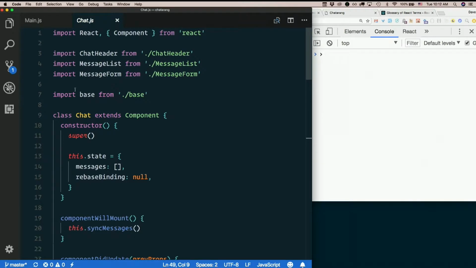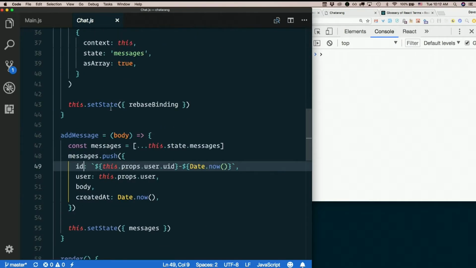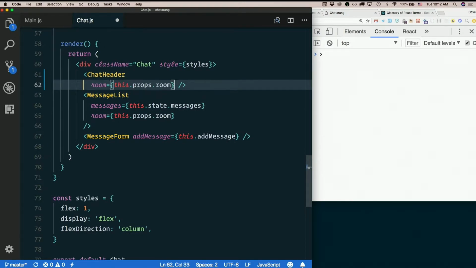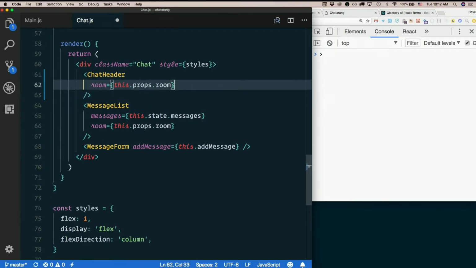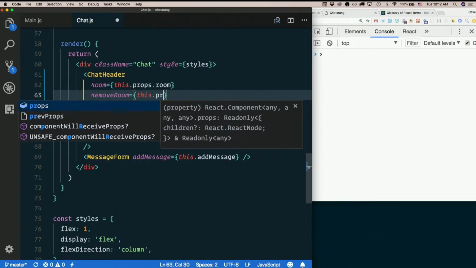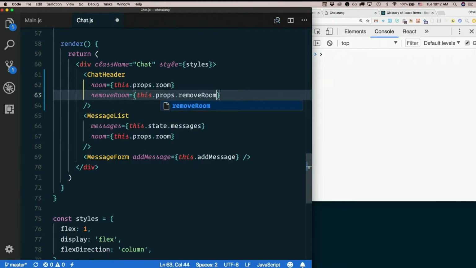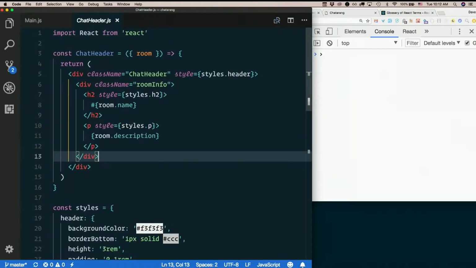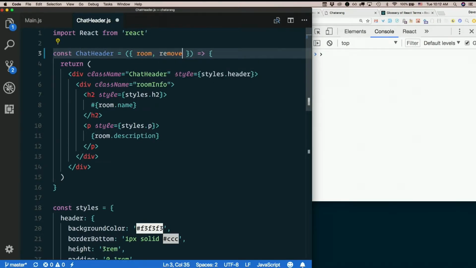So chat is a class. Where's chat header? Here it is. Right now, all it seems to receive is the room. So we want remove room to go in there. This dot props dot remove room. Here's chat header, which is a stateless functional component. So I'll just break it out of the props up here, remove room. And we'll just try to add a